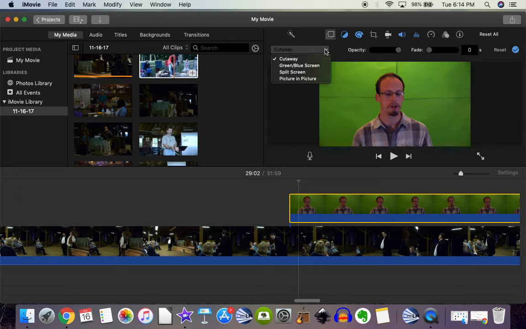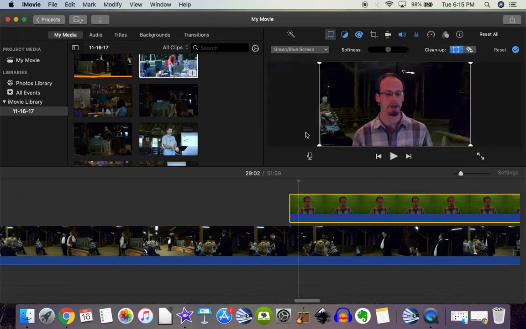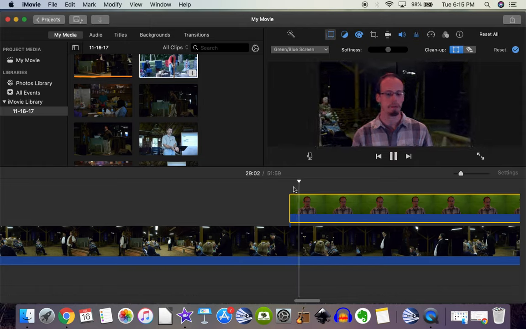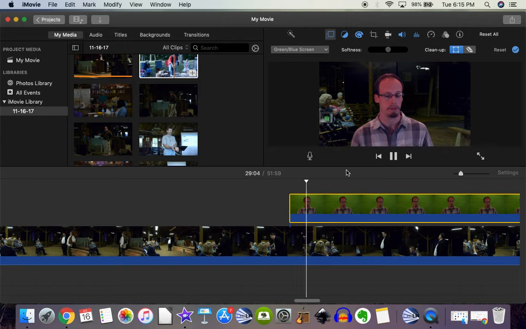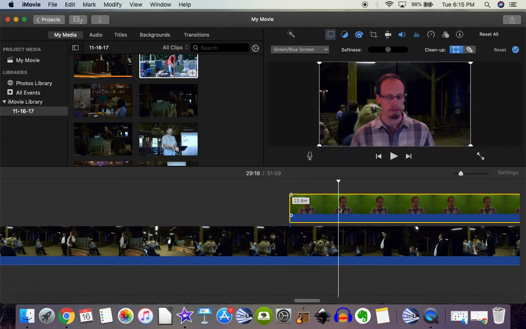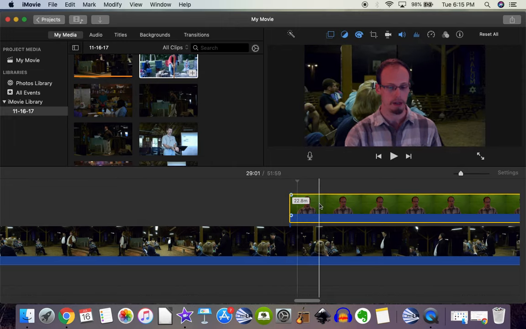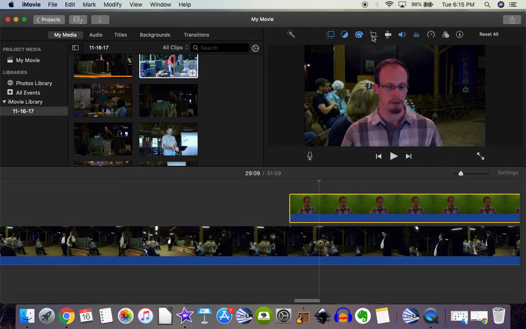The first option is Cutaway, which is already selected, which is what you just saw. The second is green/blue screen. Since I have a green screen, we can actually see what that looks like. So it changes that green into transparency. Unfortunately, with this option, you cannot change the location of the top video here. There are some options as far as resizing this, which we can look at in a little bit. But